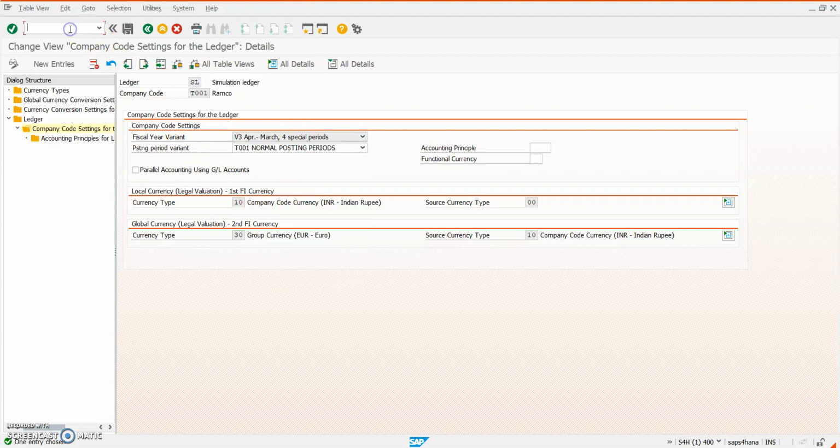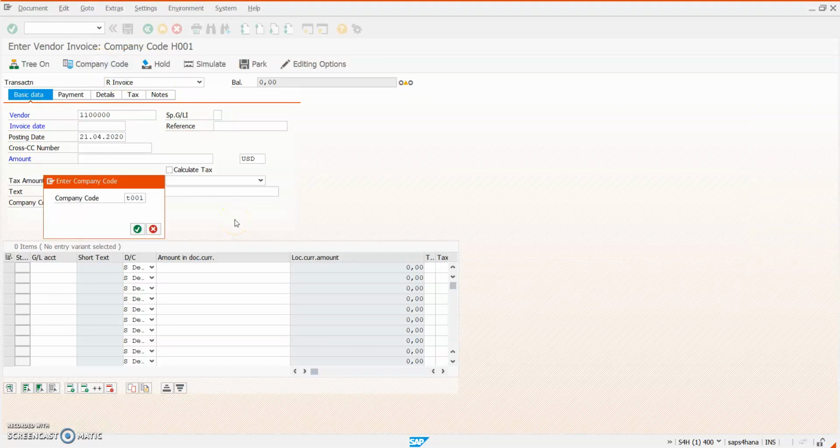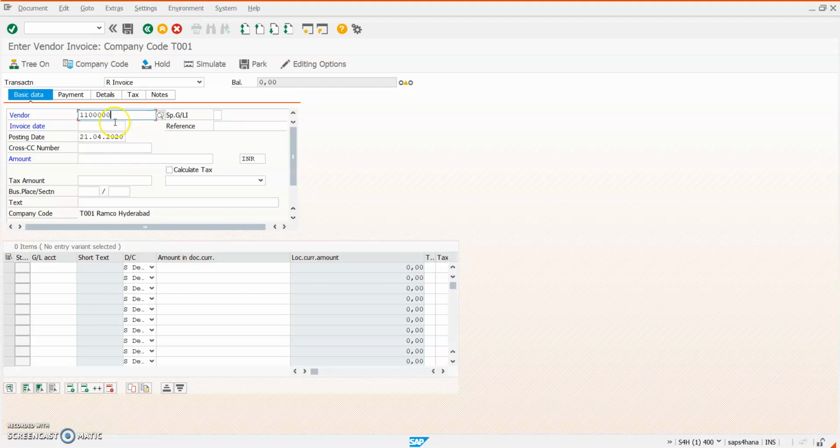Now let's take an example. Let me post one invoice with FB60. I'm going to change the company code, and this is the vendor. I'm taking 01.02.2020, and the posting date is 01.02.2020.